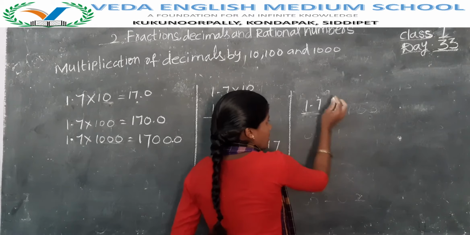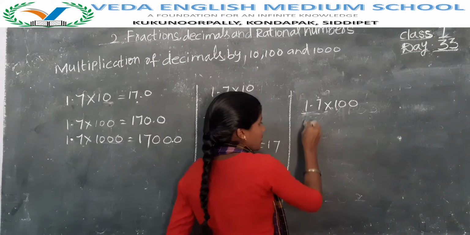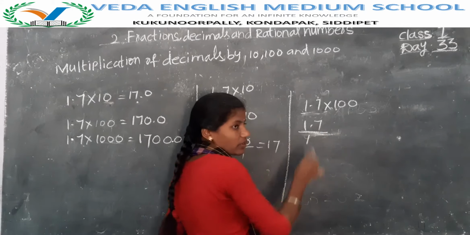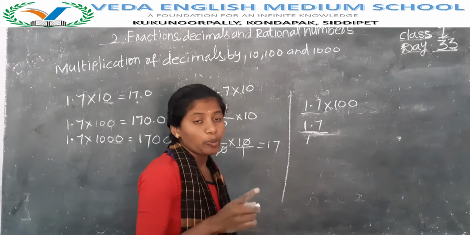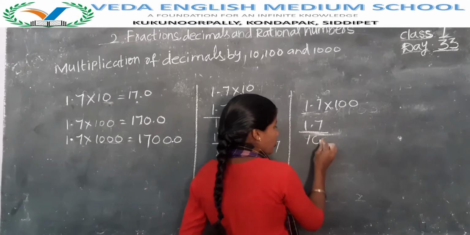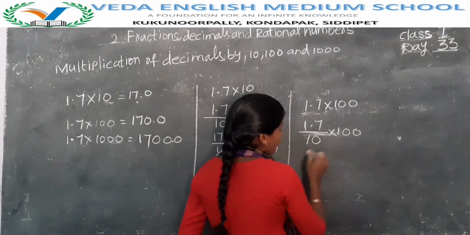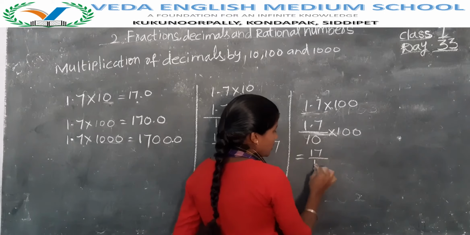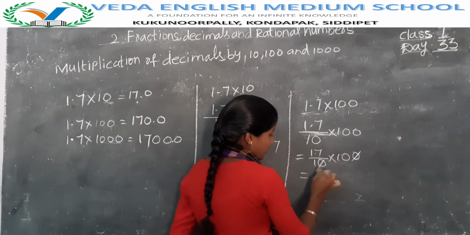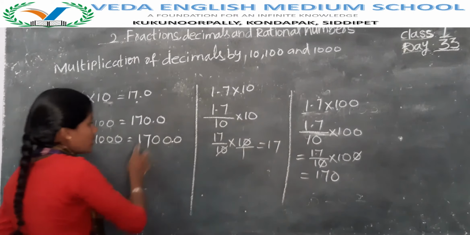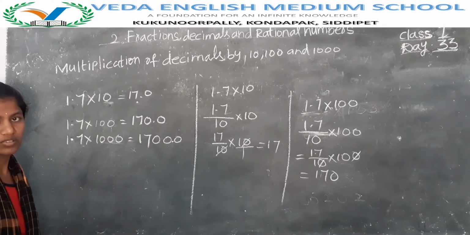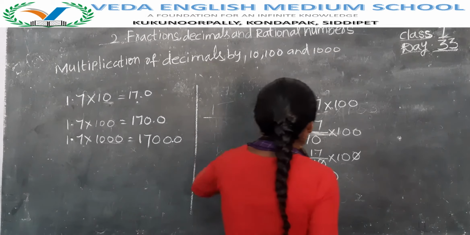One more, the same. 1.7 I want to multiply with 100. Two methods are there. 1.7 by, if you remove the point, instead of the point you will get 1. Point remove చేస్తే point కి బదులు 1 వస్తుంది. Point తర్వాత ఎన్ని numbers ఉంటే అన్ని zeros పెట్టుకోవాలి. In 1.7 we have only 1 digit, so you keep only 1 zero. Into 100 you will get, now the point is removed so it becomes 17 by 10 into 100. 00 will get cancelled. 17 tens are 170. Here also 170. Like that. Two methods are there, but it is easy to remember. Okay? Remember like that only. I will explain again.